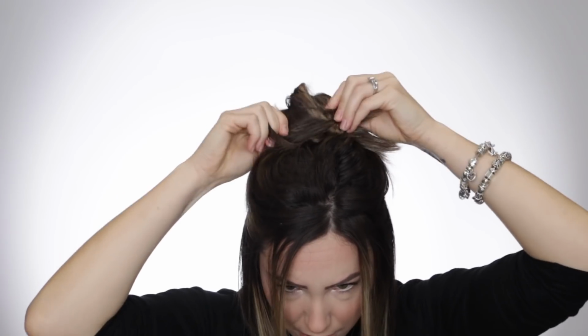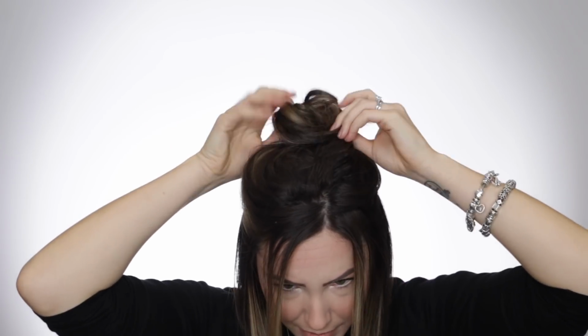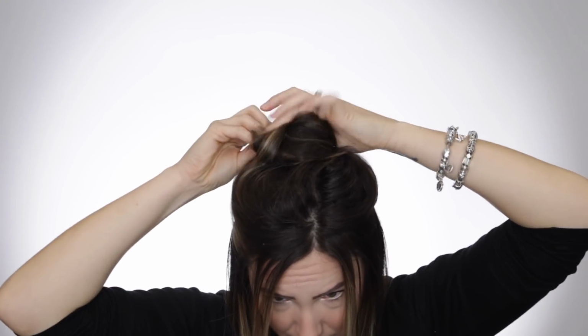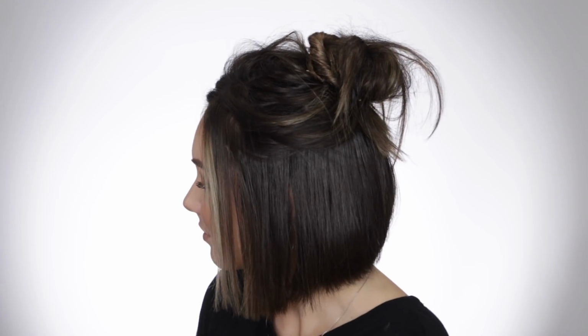And then you pull your regular hair out and I like to just wrap my regular hair around it just to get that body in there. So then you have a huge bun and you're good to go. This way it just creates a lot of fullness. You know what I mean? Obviously it's super big on my head right now because I do have a lot of hair, but if you're struggling,